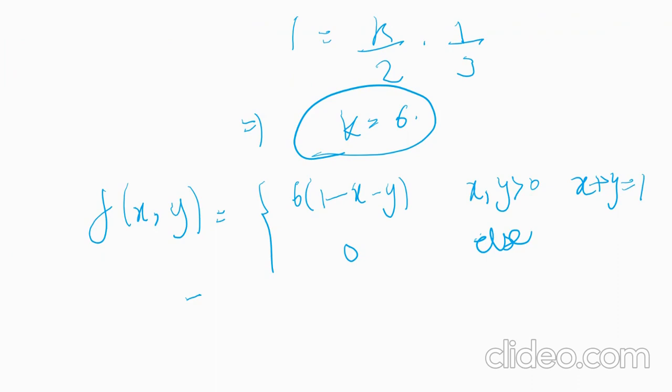Now we know this f(x,y) is what? So f(x,y) we can define again as 6 times (1 minus x minus y), and this is 0 else, and this is when x and y both are greater than 0 and x plus y is equal to 1. So this is the variance. Now the question given here is that expectation of x given y is equal to 2. So whenever we have y is equal to 2 given, okay,